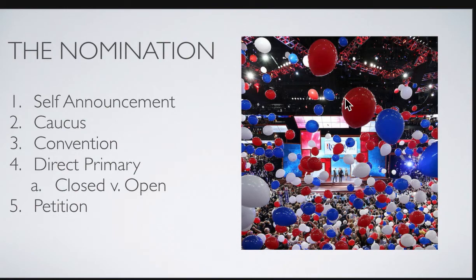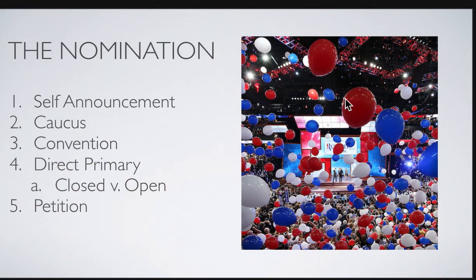Our fourth way of nomination is direct primaries. As I mentioned before, the three most common forms of nomination are caucus, convention, and direct primary. Of all of those, direct primary seems to be the most popular among the states, but every state has the freedom to choose however they want to organize their nomination. So in a direct primary, the people, the voters, are going to have the opportunity to participate in selecting the candidate for their ballot. And so they will choose a particular date before the election happens.